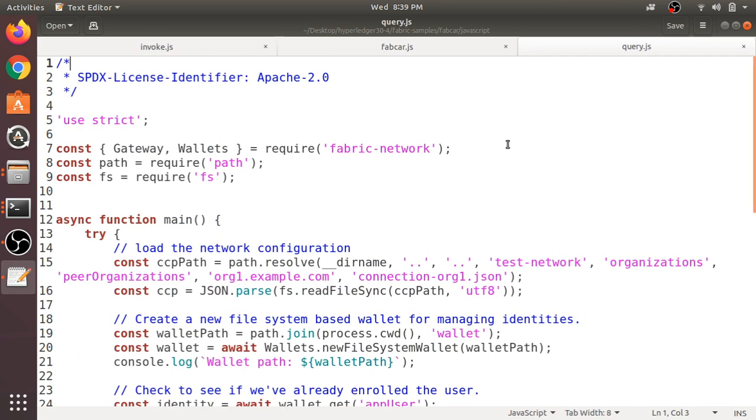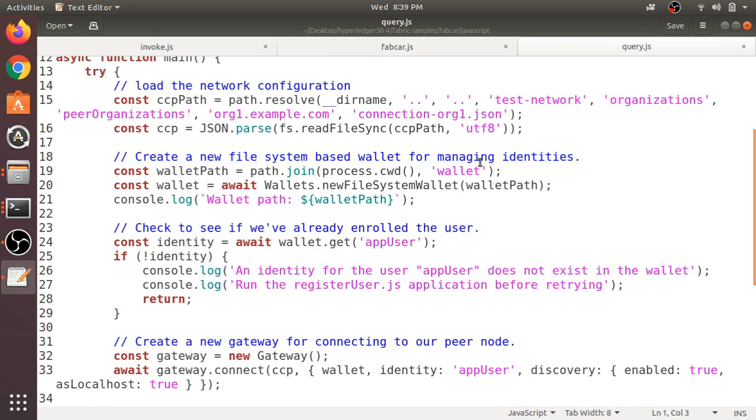In the query.js also you can see, firstly we are taking the details of the wallet, and from it we are taking the identity of the app user. So you can create as many users as you want, and one user can be used for creating the car, and another authorized user can be used for retrieving the data.